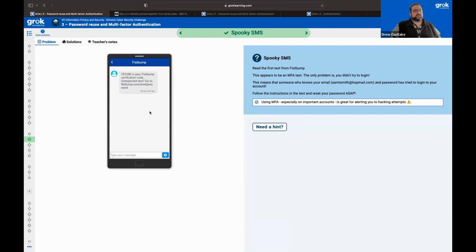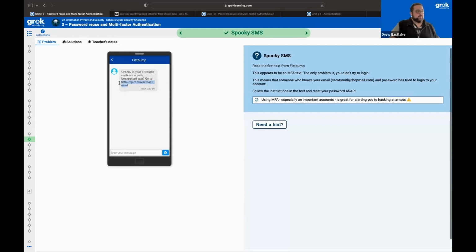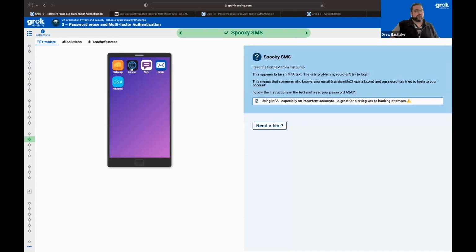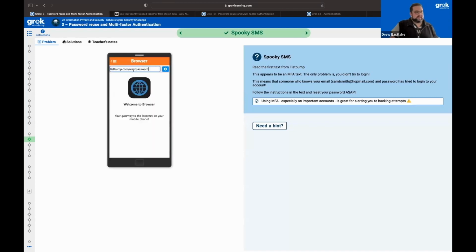I need to change my password. This is a measure that we need to take in place when we have things like this appear. So they've then got to copy the link here, go back to their browser, go to the place, and they get told their email address. All of this is provided. And if I just copy and paste it,